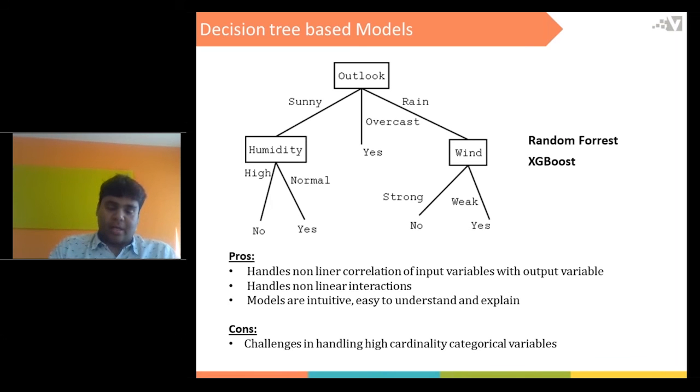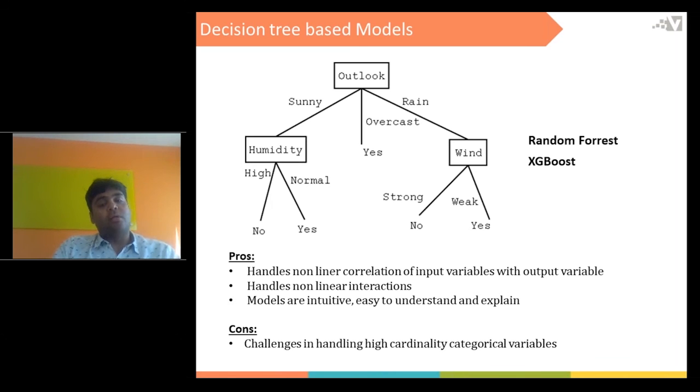It also handles nonlinear interactions, which was not possible in logistic regression. The other key advantage is that the models are intuitively easy to understand and explain. Because it's a tree, you can look at it and intuitively understand what is happening, and also explain it to others. That helps when you have a bigger team and you have to explain it to someone.